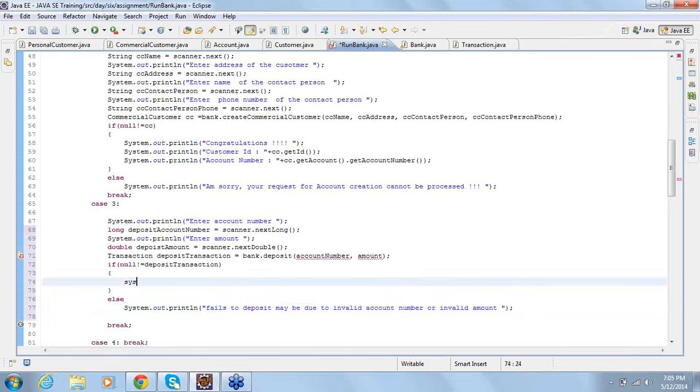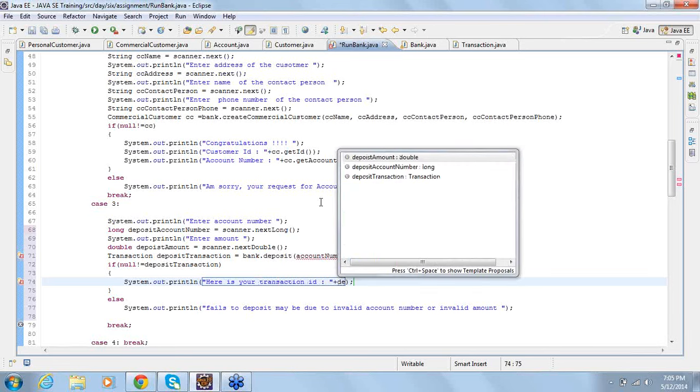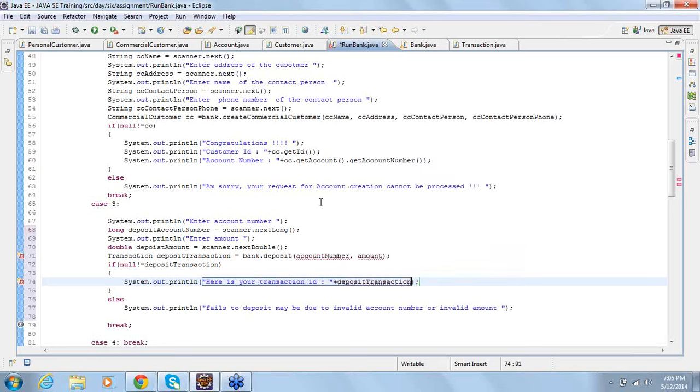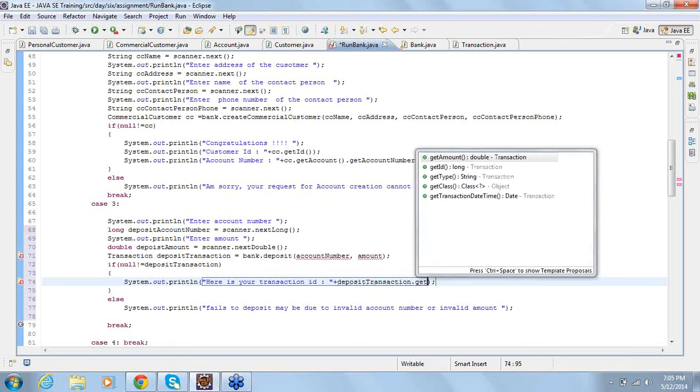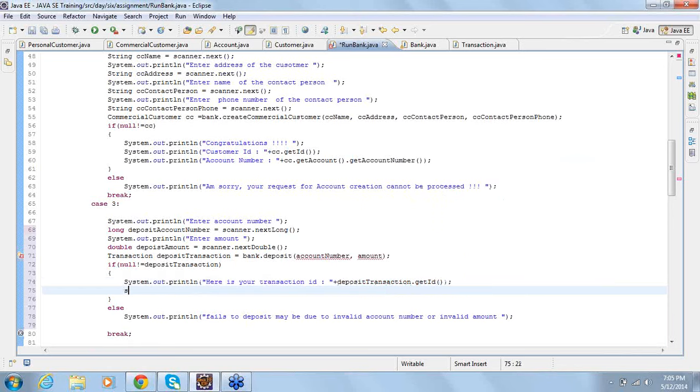If it is successful, then you give him, here is your transaction ID. You got a transaction object, use a transaction object to get the ID and give it to the customer. Normally, when you do a transaction at the ATM, you get all the details, right?